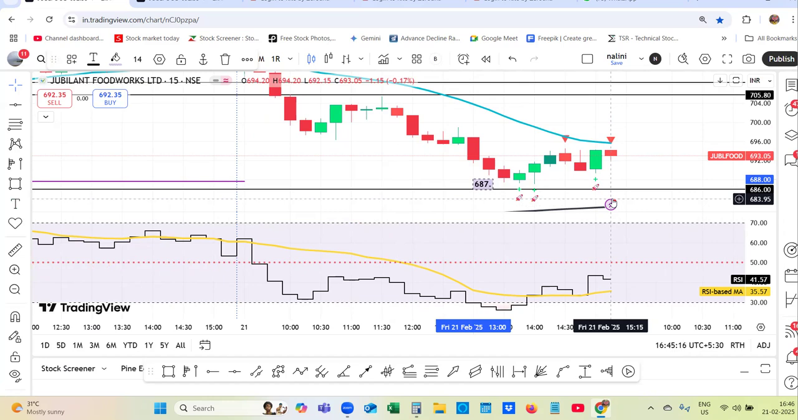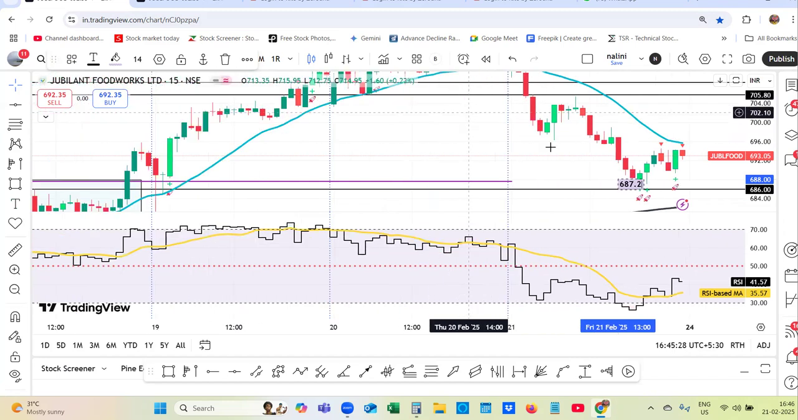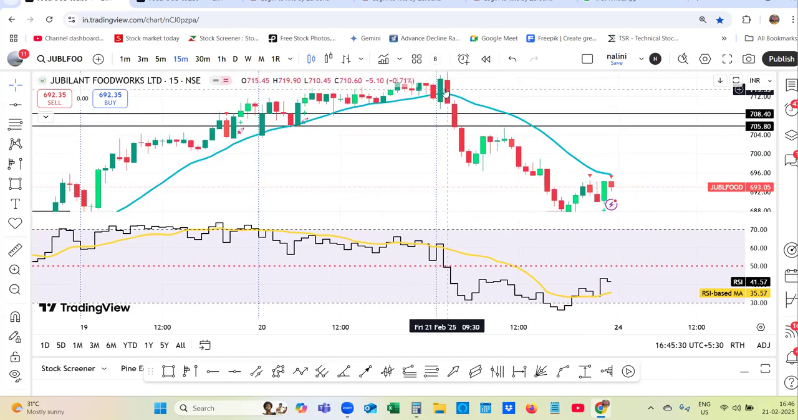687.20. So not getting disturbed by the in-between up move. See, it stopped around 696. It tried to move upside because it is a short trade. It is an in-between pullback, first pullback after the breakdown,